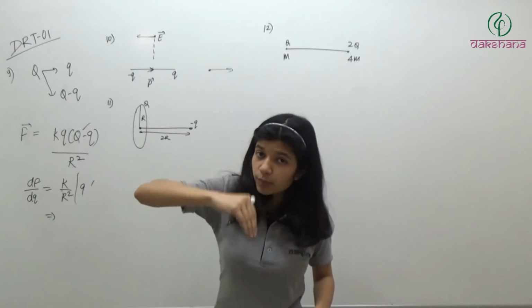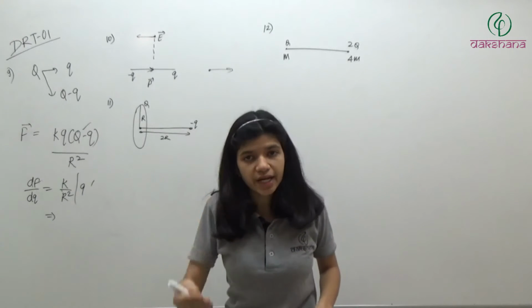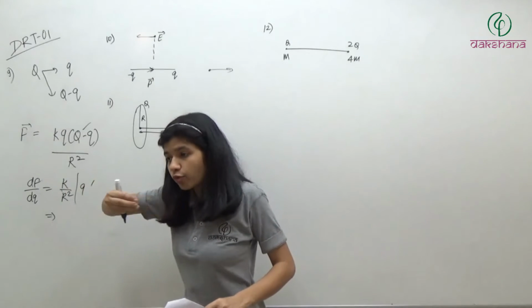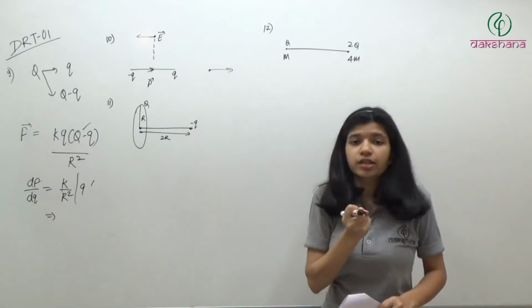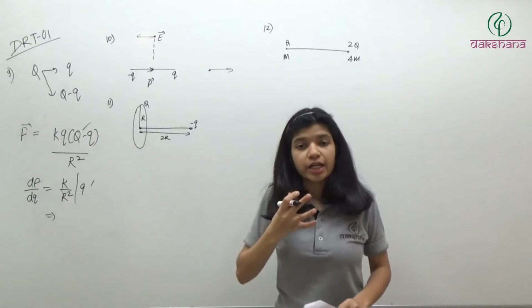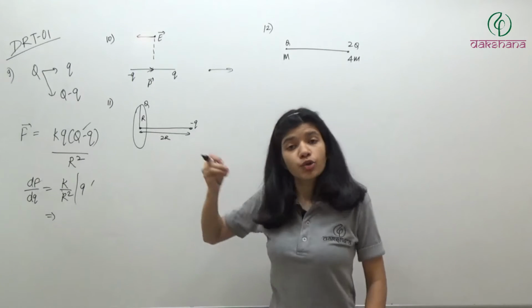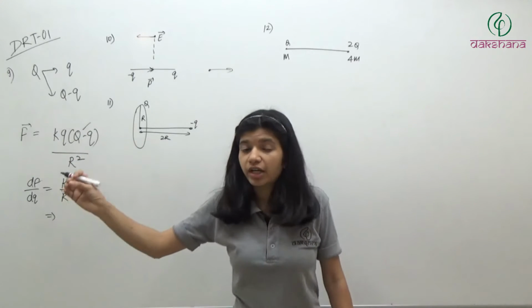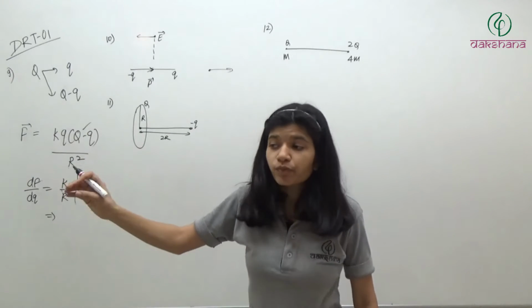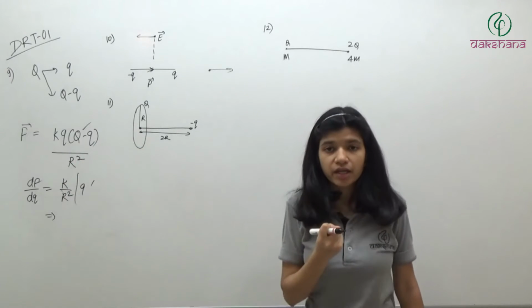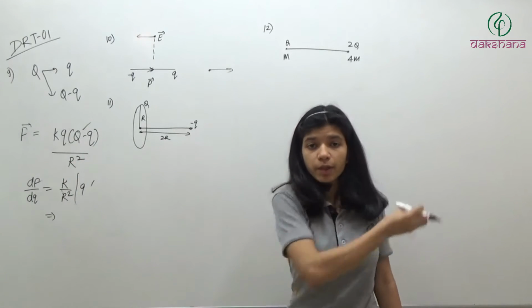So now at that point force is 0, but it has gained some velocity. So it will move further. It has some high velocity, it will move further, but now the ring will attract like this. So its speed will decrease. Slowly, because force is acting opposite to the direction of motion, velocity will decrease. It will become 0 at some point. The particle will come to rest momentarily, and then again, because force is continuously acting in this direction, it will move back and it will keep on repeating the motion.